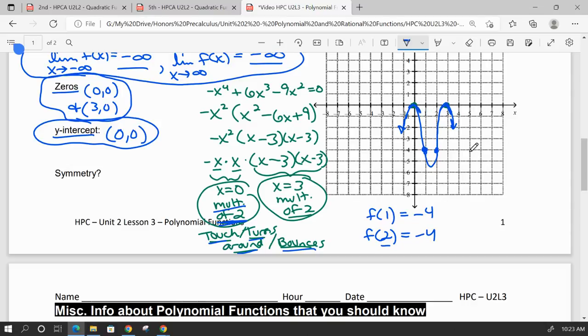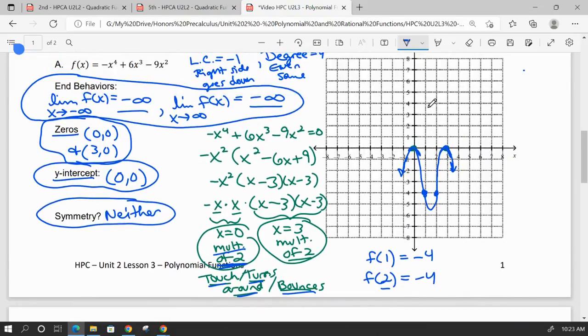Symmetry. This is basically asking if it's even, odd, or neither. So by looking at the graph, is it symmetrical about the y-axis? No, it is not. Is it symmetrical about the origin? No, it is not. So it's going to be neither. You could also substitute negative x in the place of x. So if you were to take f of negative x, substitute it in for each of these x's,